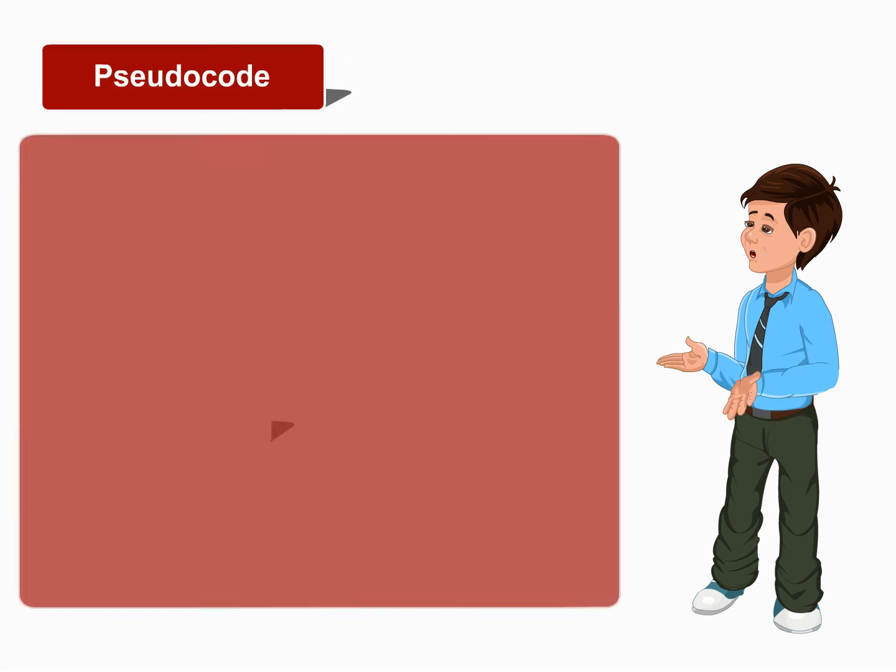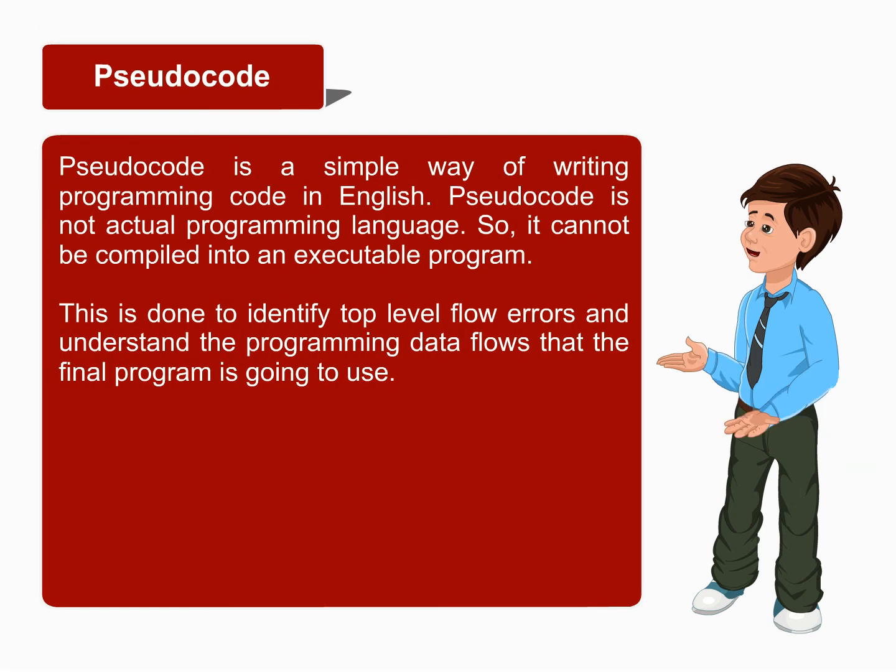Pseudocode. Pseudocode is a simple way of writing programming code in English. Pseudocode is not an actual programming language, so it cannot be compiled into an executable program. This is done to identify top-level flow errors and understand the programming data flows that the final program is going